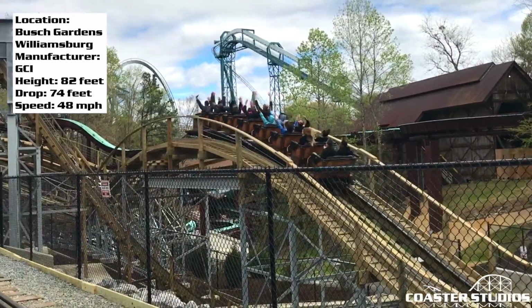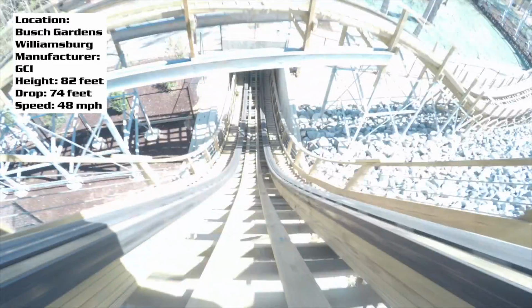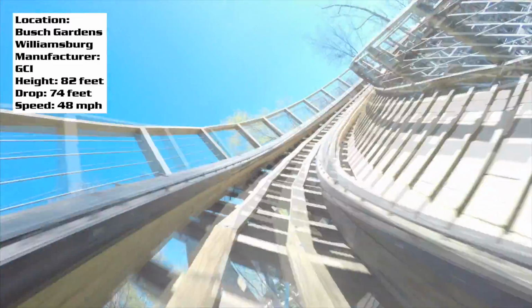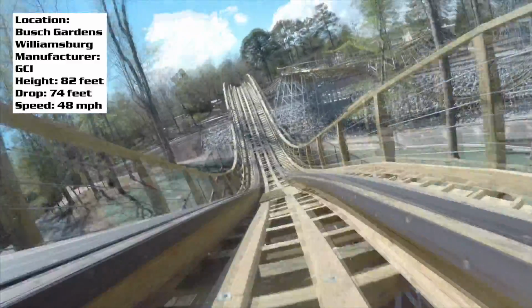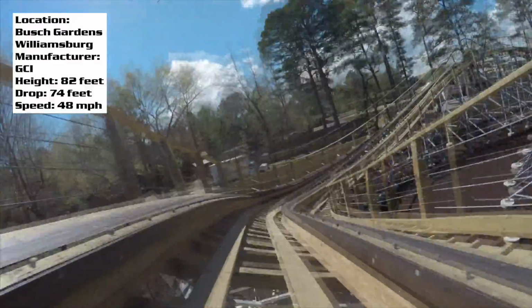I think if there was any surprise to this coaster, that was it. I was not expecting there to be a head chopper there, but there is, and I love it. So exiting out of that tunnel, you go into your first bank turn. This is a fun moment, and then from there on out, you're going to cross over the railroad tracks, go